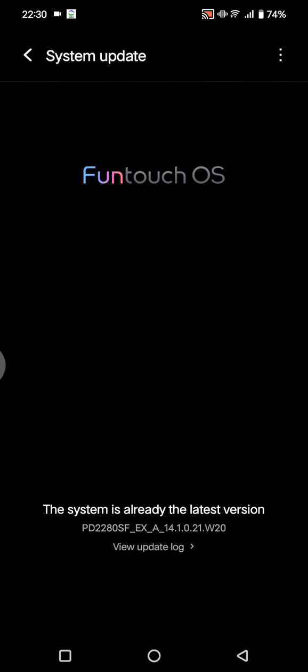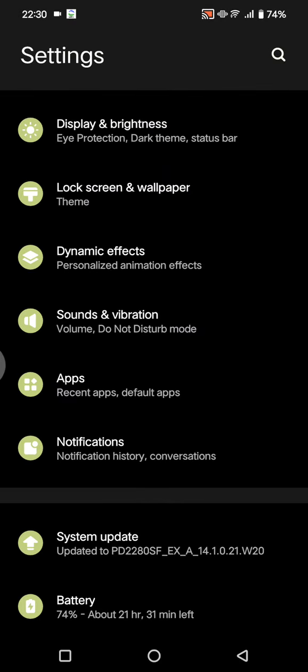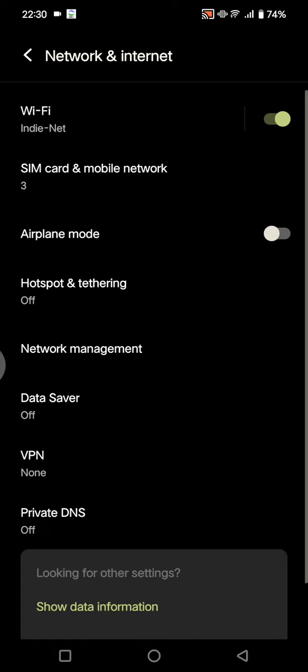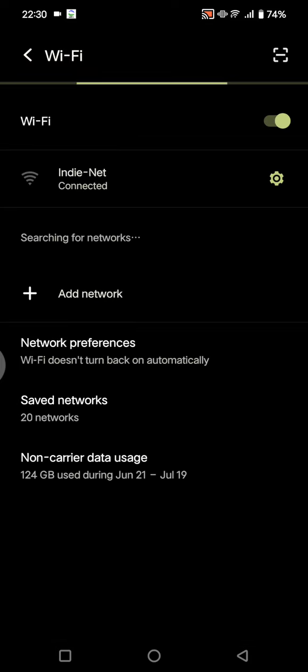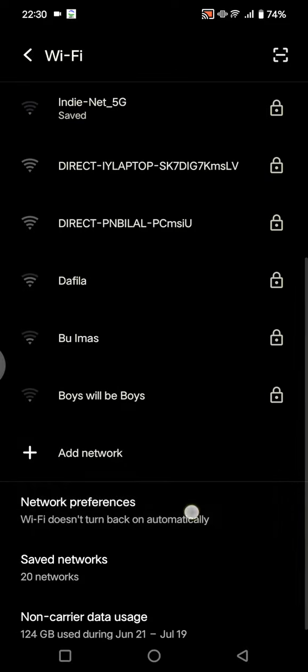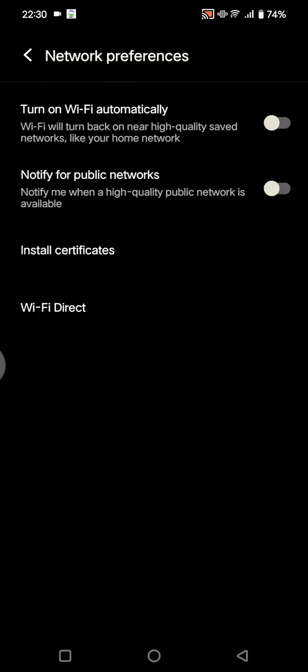And the second feature that you need to turn off is connect to Wi-Fi automatically. So under the settings, find the network and internet options, click on the Wi-Fi, and here go to the network preferences, this one. Okay, so you need to turn off this feature, turn on Wi-Fi automatically, because if